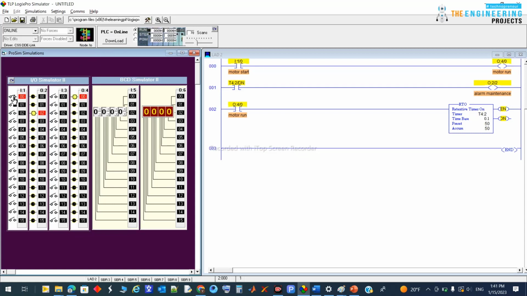So yeah, let's make one change here, because the dump bit is... make this one reset again. After doing the maintenance, I can make a reset here. So I am just adding the run here, to be this done bit, to reset the timer again. Okay, but after setting the timer,